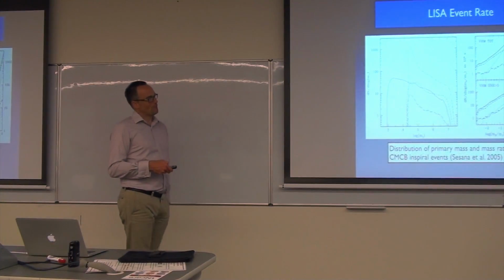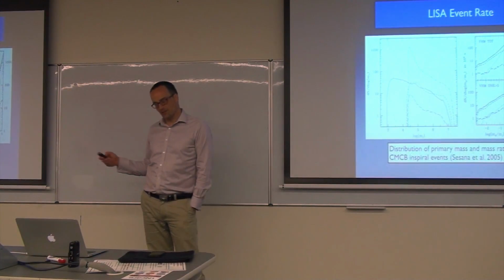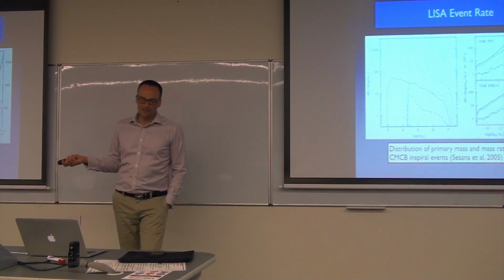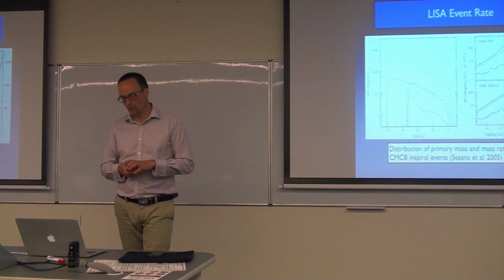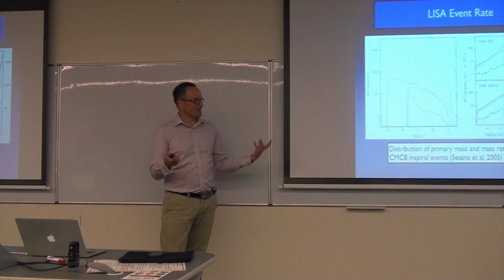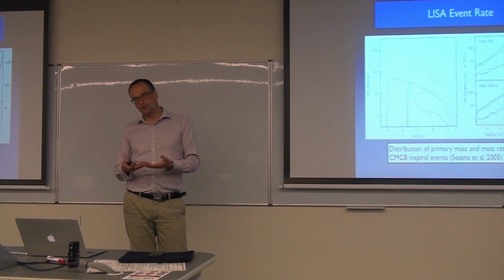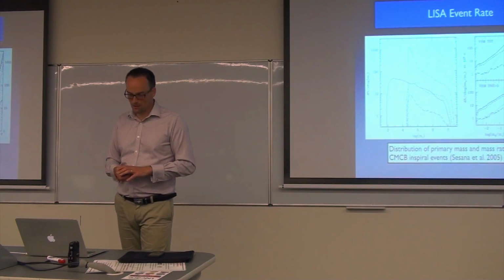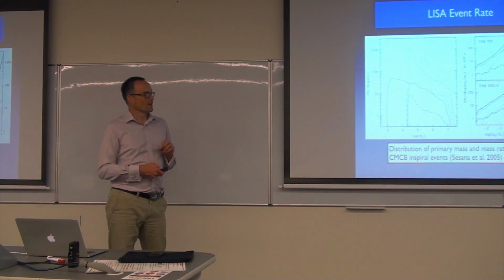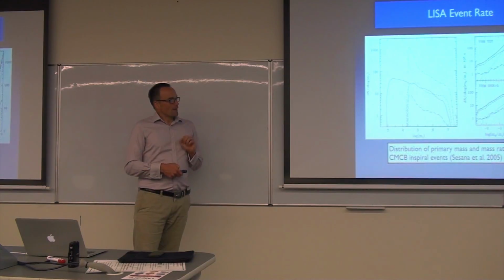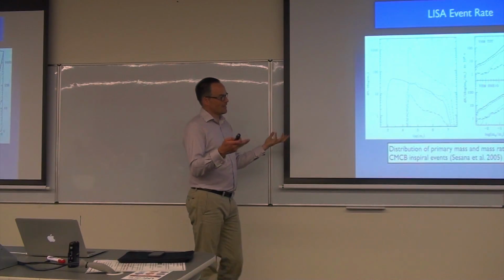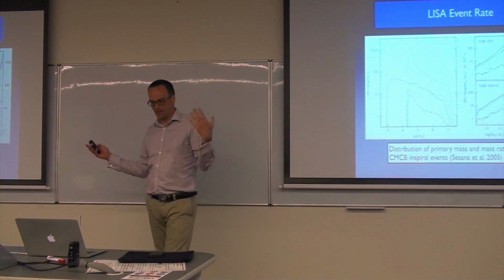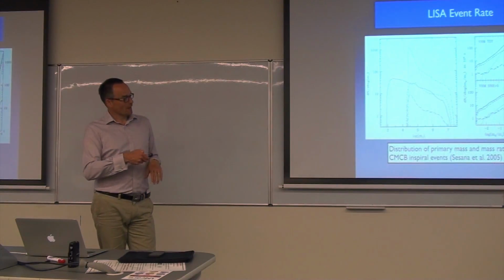Now, there are two basic models that people use, which are called light seed or heavy seed models. In the light seed model, you assume that there's an initial generation of stars that have very low metallicity and are very big, and they can produce black holes with mass as much as 100 times the mass of the Sun. This is only possible because the metallicity is very low. These are called population 3 seeds. You put population 3 seed black holes in the centers of most halos and then evolve things forward. This means you get a bunch of mergers that have quite low masses and